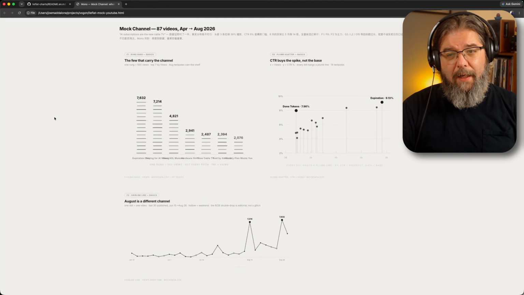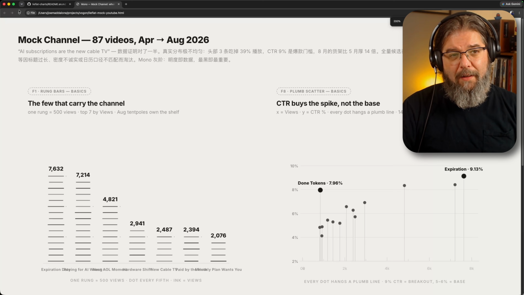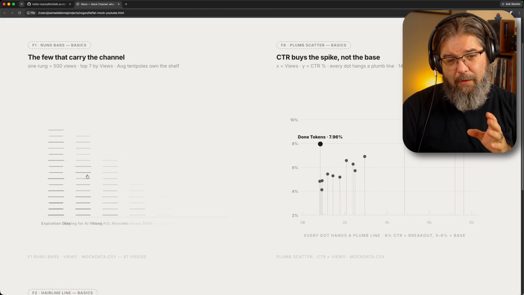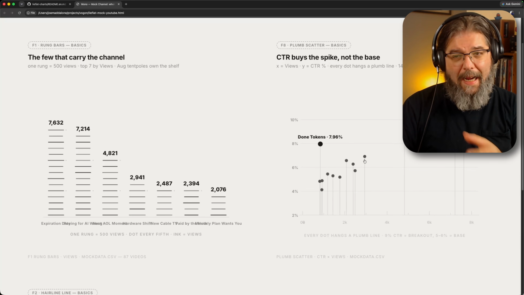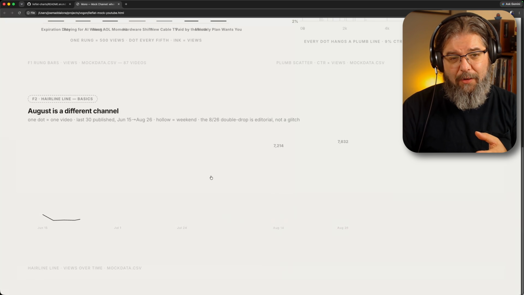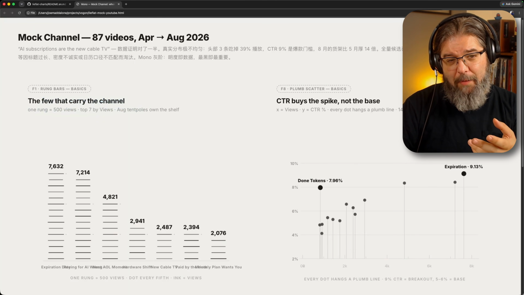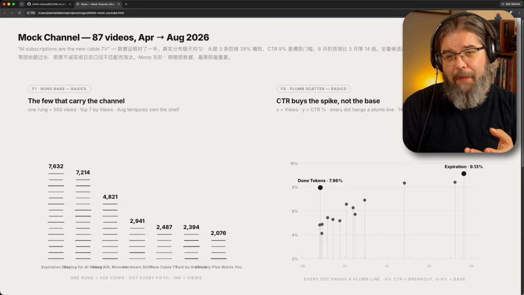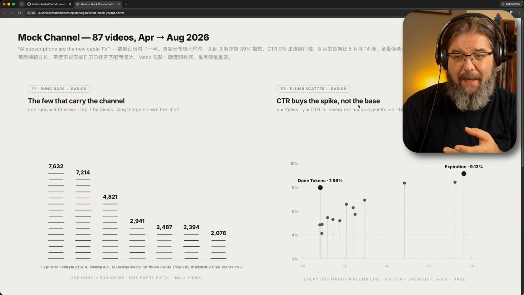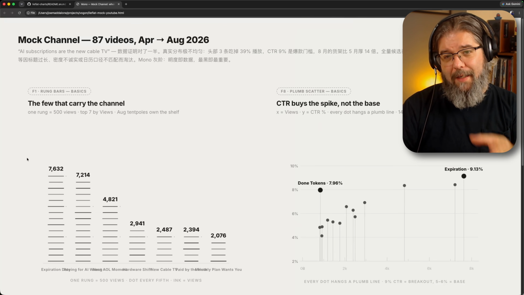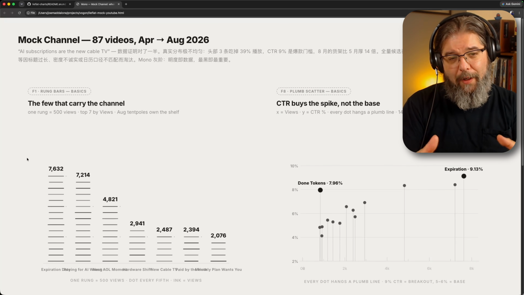So let's look at what it created. I'm going to zoom this in a bit. If you didn't see the animation, I'm going to reload this guy. So this is our chart. When I click on it, it will reanimate each of these elements. Here's another chart down here. This is cool. This is really cool. And it's editorial. It talks about like the few that carry the channel, and CTR buys the spike, not the base. I don't know. These are awesome. August is a different channel. It's talking about these big jumps in August. Again, this isn't my data. It's just mock data, but it's pulling all of that information together